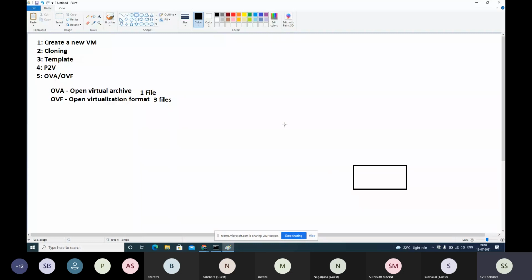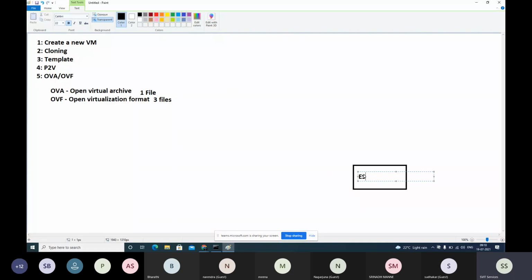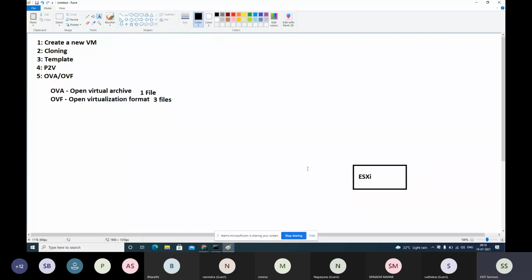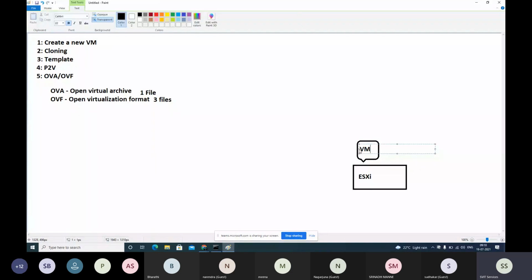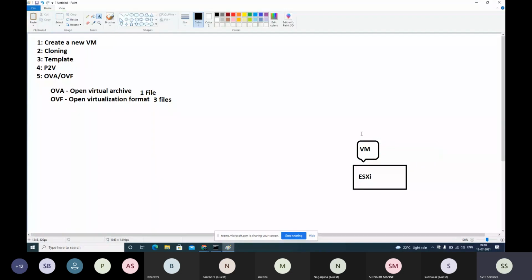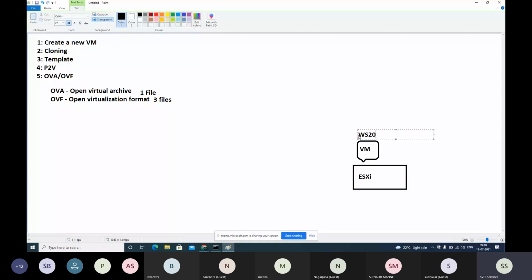Here also it is the same. Let's say the customer has an ESXi machine. The customer wanted to install some SAP application. We helped him to create a virtual machine with some operating system in it, Windows or Linux, whatever it is.